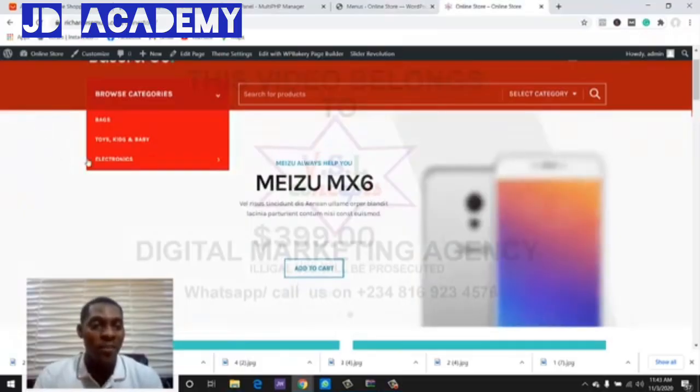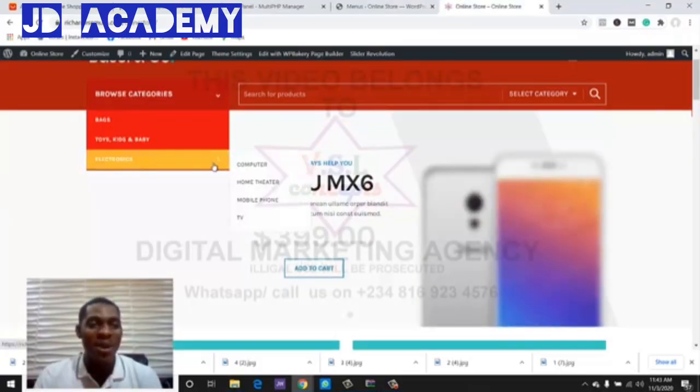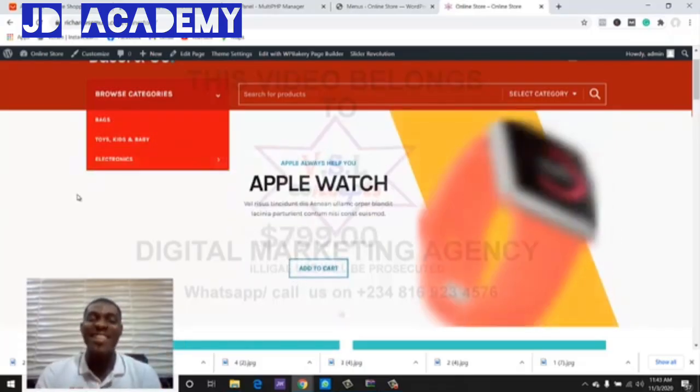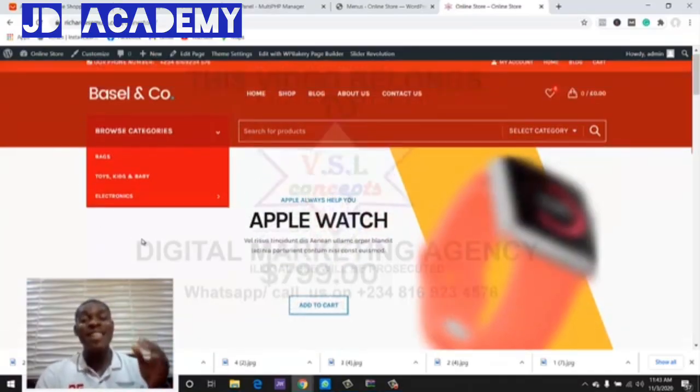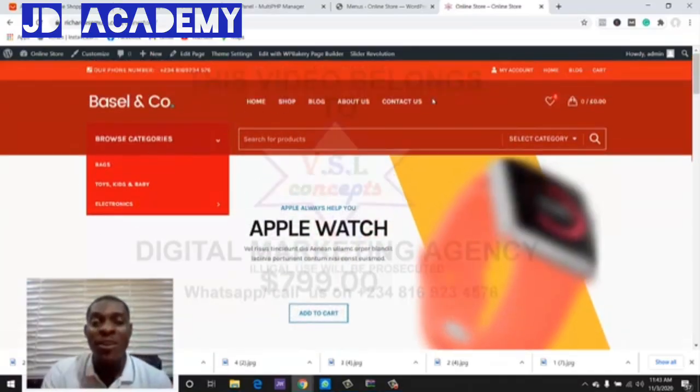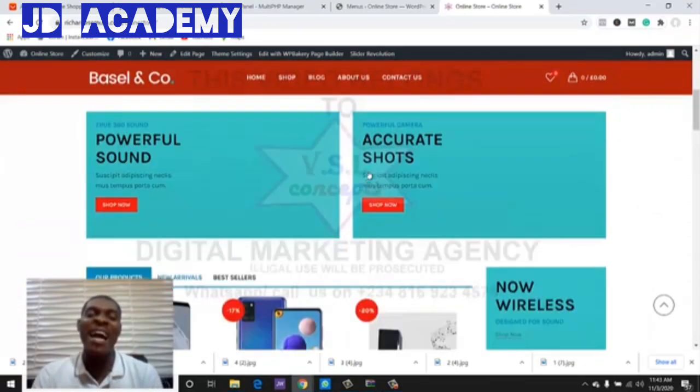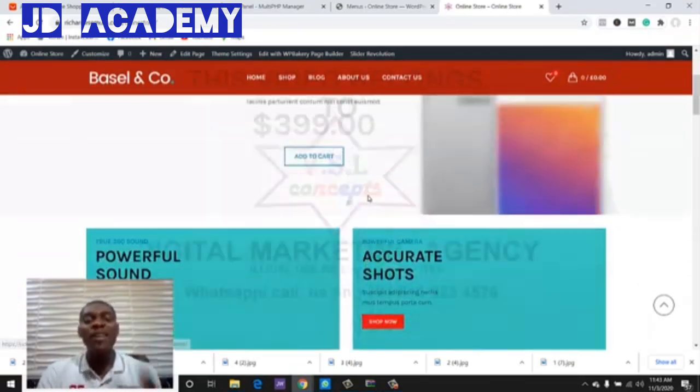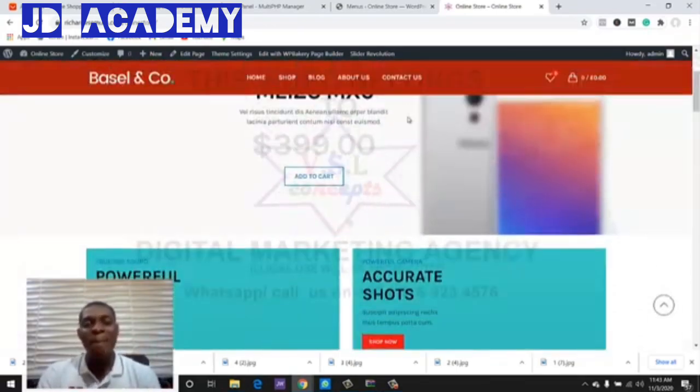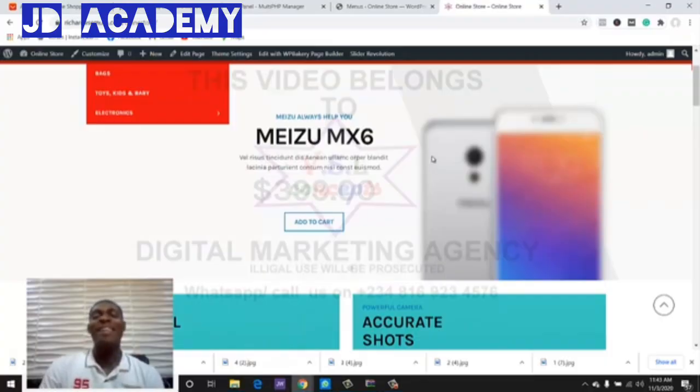So now we see, if you click on electronics, it is now going to bring up a drop down for all the categories that are under electronics. That's exactly what I am trying to talk about. I hope you get that point. So this is exactly how you can edit the categories and edit the menu and how all of that can be done. Now, in order for you to edit this slide here, this slide that we can see here, there